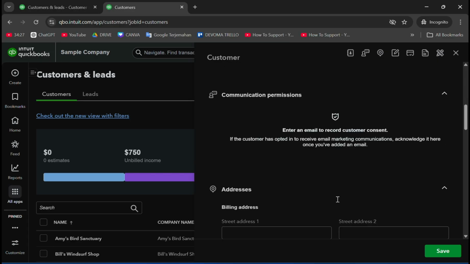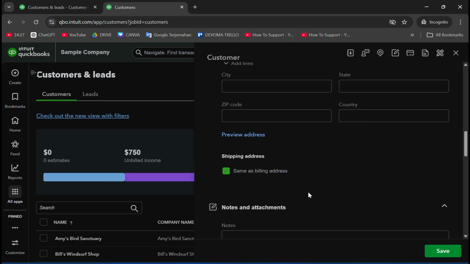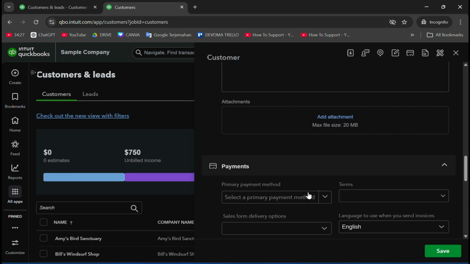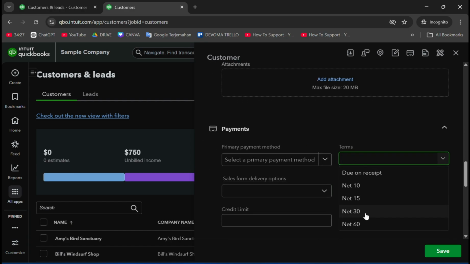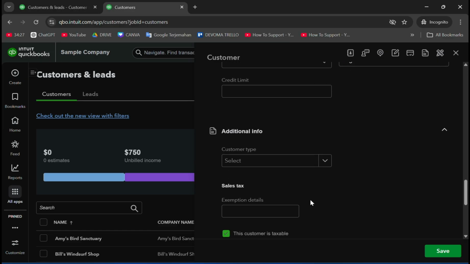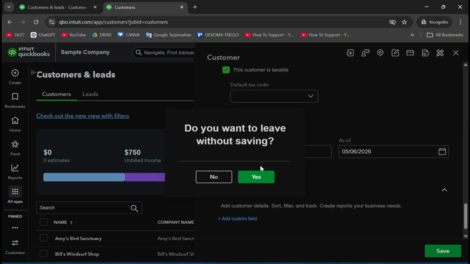Scroll down just a bit to fill in their billing address so your invoices look professional. You also have tabs here to add internal notes or set up default payment terms, like giving them 30 days to pay. Once you have filled out what you need, hit the green Save button at the bottom. Your new customer is now officially in the system, and you are ready to